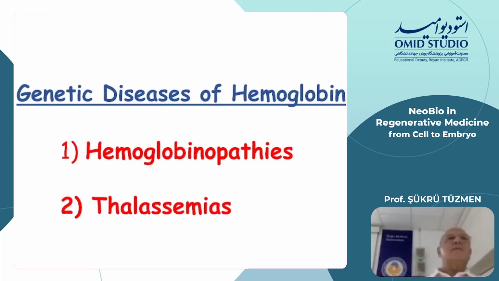The word thalassa in Greek means the sea. So at the time when a scientist called Cooley was studying these patients in the Mediterranean basin, that was the main reason why he coined this as thalassemia, so anemia of the people living around the Mediterranean basin, shortly, thalassemia. And then afterwards, other scientists started to come across these kind of genetic disorders